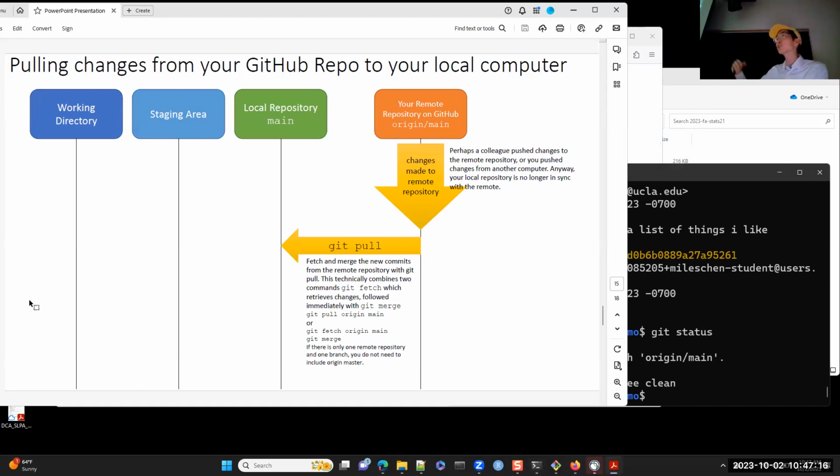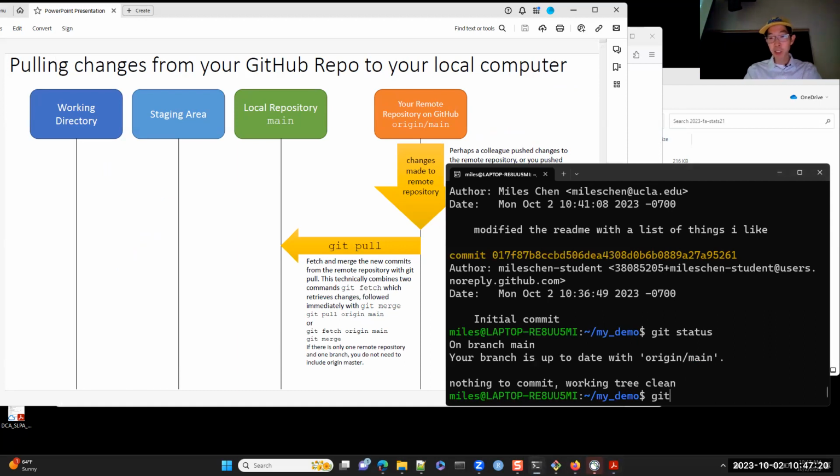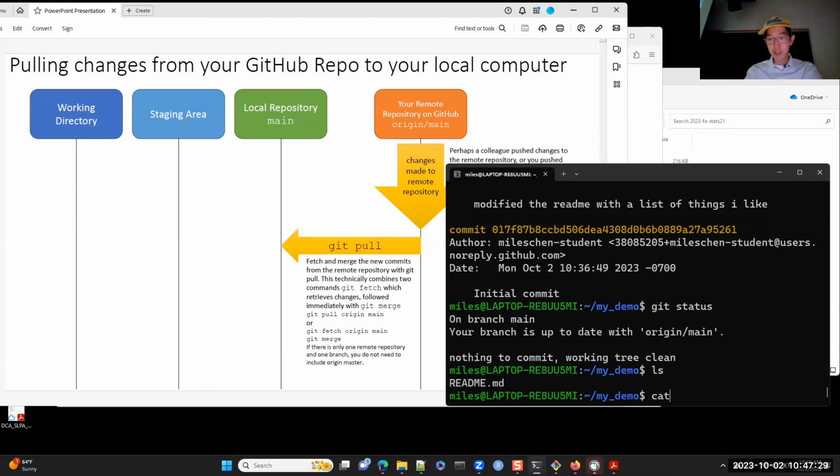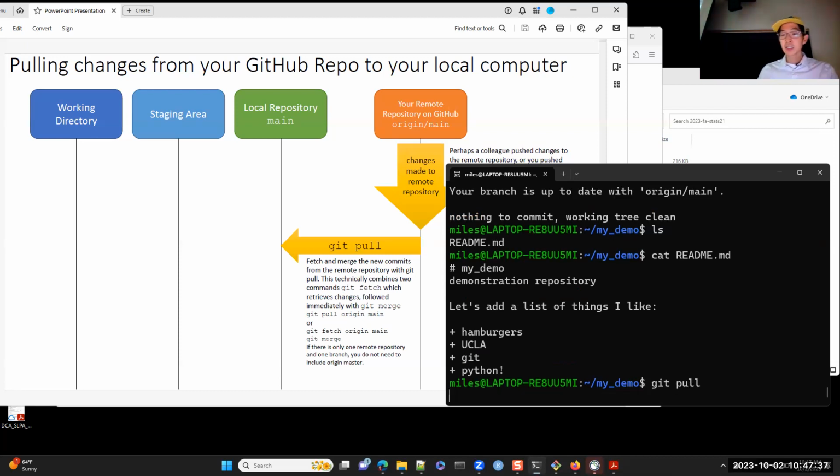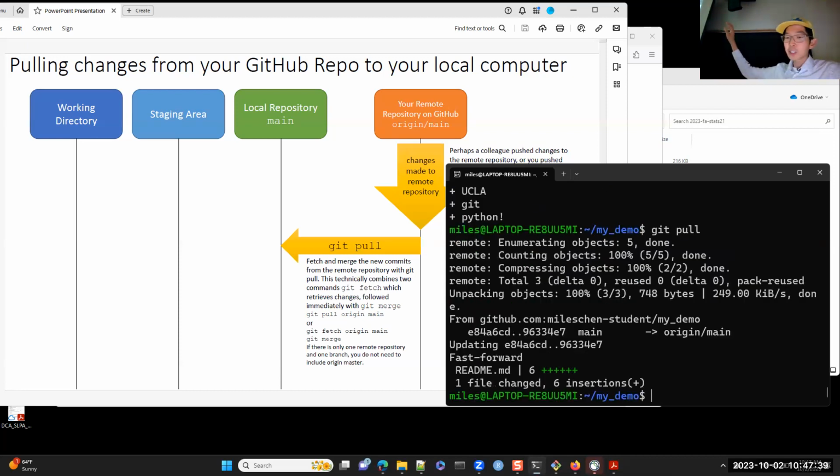So I could do a git fetch and a git merge, but here we're going to call git pull. We're going to pull any changes that happened to the remote repository. Right now, if I look at the contents with cat readme.md, it's going to have just the older version. Here I'm going to do git pull, and it's going to check